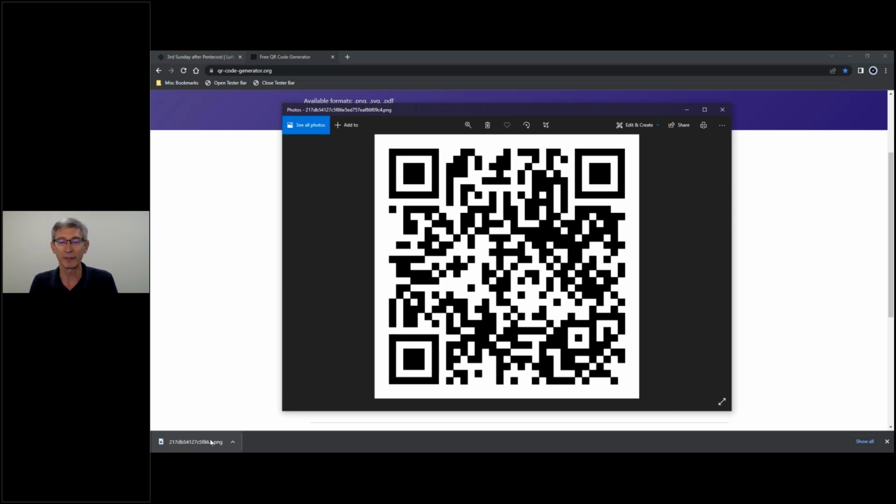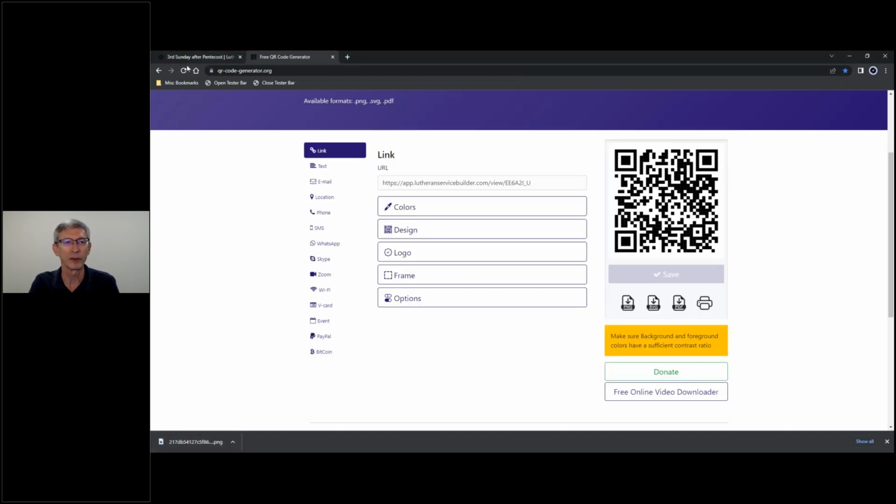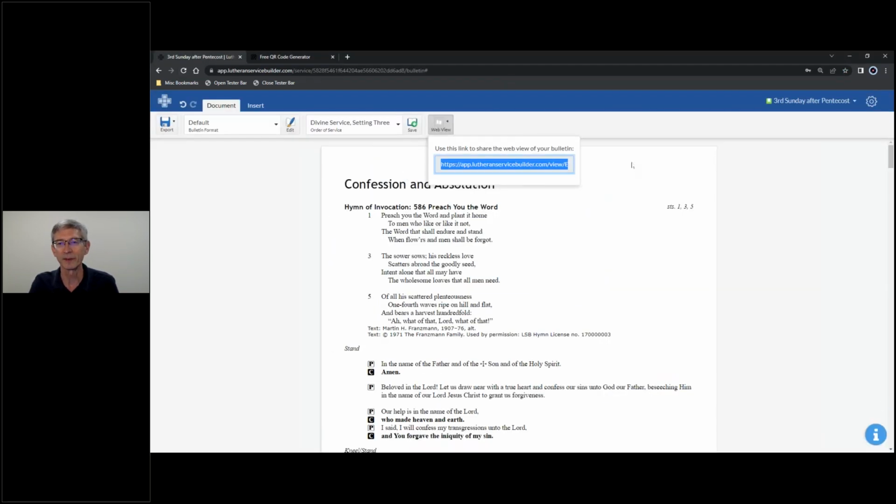And then members with smartphones could just get the order of service on their phone and follow right there in your church sanctuary, right along with the service. You wouldn't even have to print the order of service in a bulletin format. They would be able to do it with a QR code on their phone. Just a little